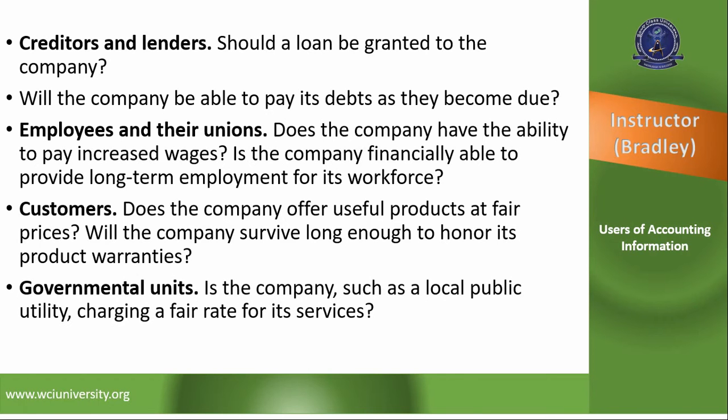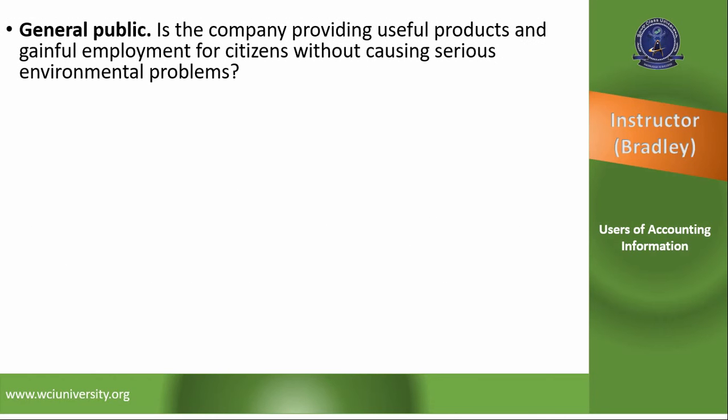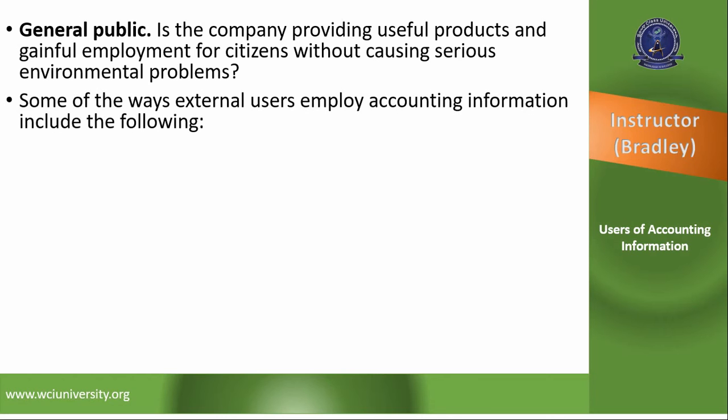Governmental units. Is the company, such as a local public utility, charging a fair rate for its services? General public. Does the company provide useful products and gainful employment for citizens without causing serious environmental problems? Some of the ways external users employ accounting information include the following: